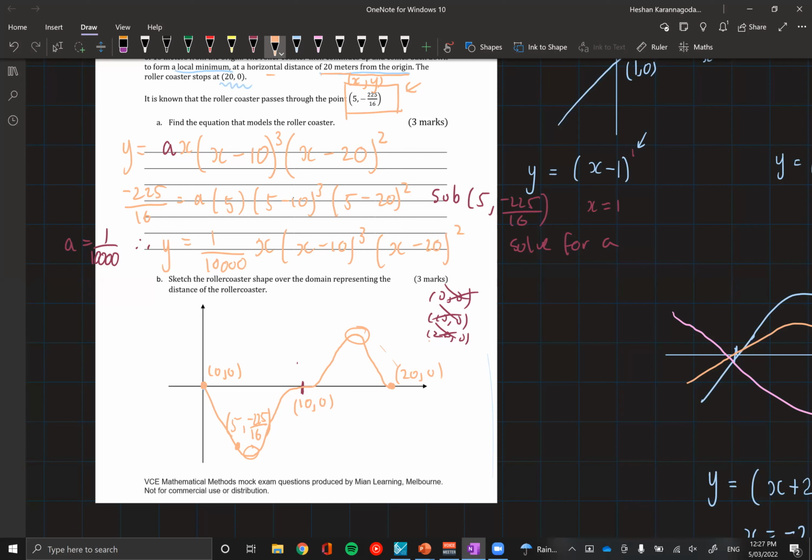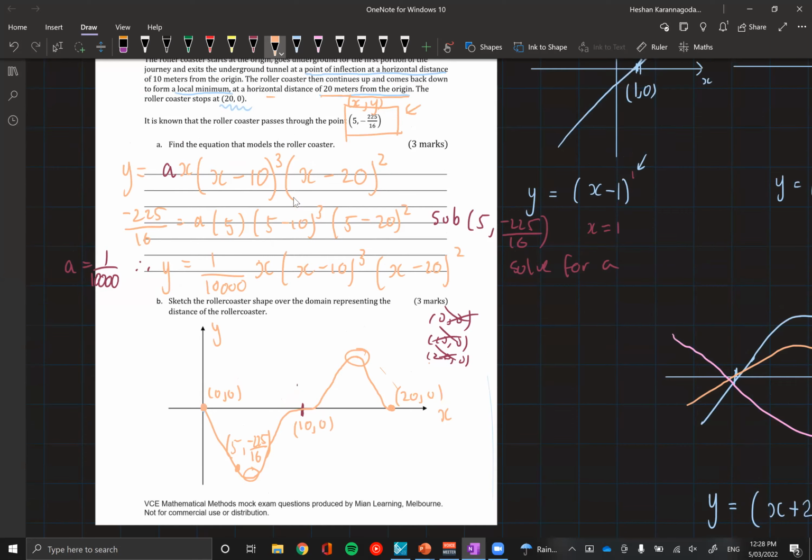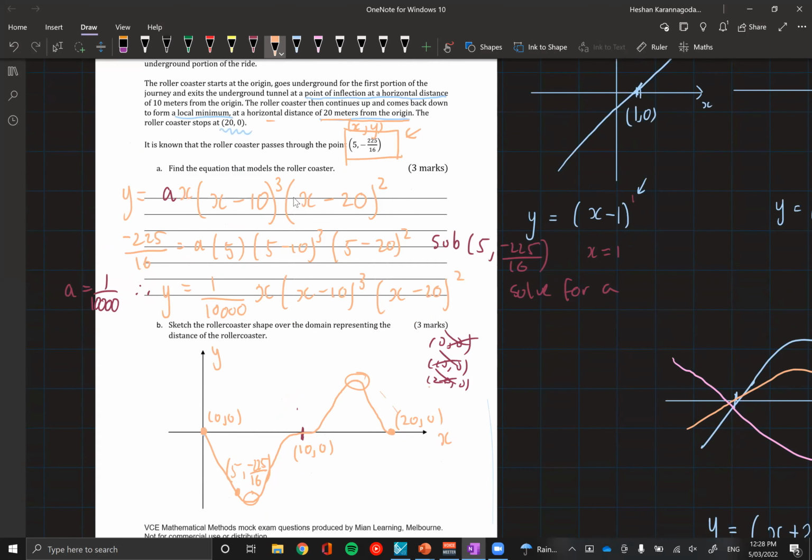Another thing to double check that we did this right is to double check your shape and tick off all the things in the question that guide us to how to graph it. The first key thing I see is that the journey starts from the origin and then it exits the underground tunnel. So we start at the origin and then we go downwards. Technically that's underground because the y value would be less than 0. Exactly. And then we go to a point of inflection at 10, 0. We can graphically see that that's correct. And then we're finishing at the other turning point. Maybe that point should be a bit more flat, it's hard to sketch from the calculator, but it should be flat there and then end at the point where it's flat.